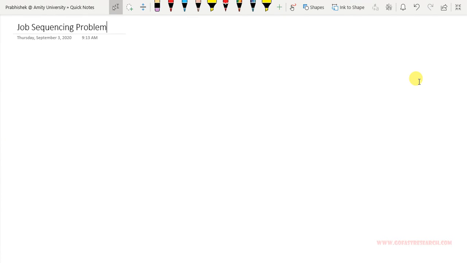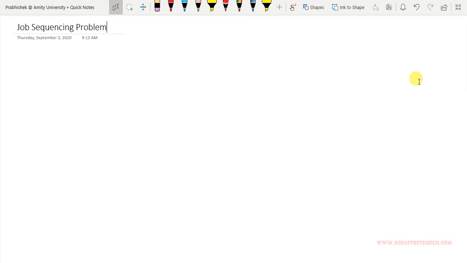Topic is job sequencing problem. This is one of the applications of greedy techniques. We have seen that abstract problem in the previous video lectures. Today we will be seeing the second application of it. We will be directly switching to the numericals, how we are going to solve the numericals of job sequencing